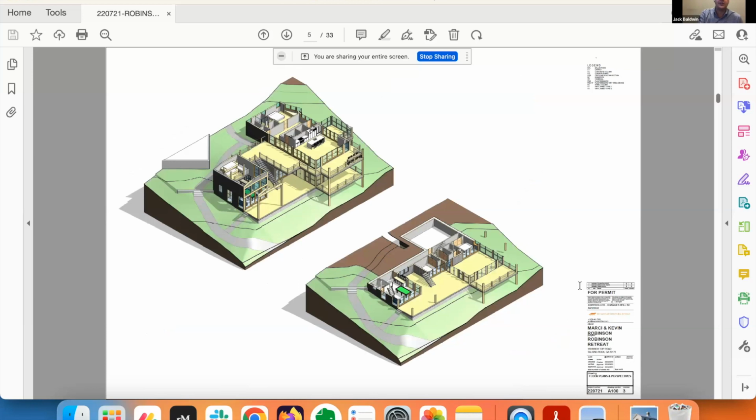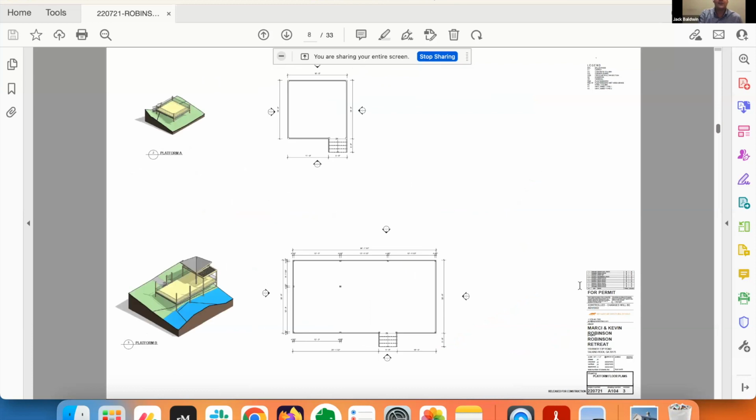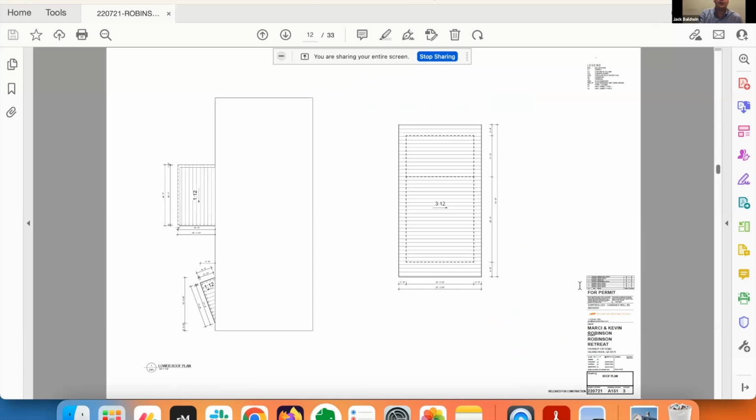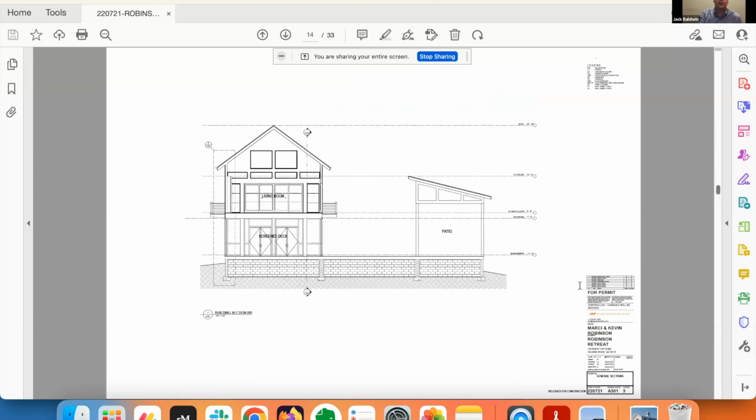These are building sections. We want to show what that home's going to look like. Floor 1, 2, and 3. The actual floor plans with all the dimensions for the builder. This is what you're going to take to the builder, and these dimensions are instructions for the builder to build it properly. Floor plans, building sections. These are roof plans. Roof plans are part of the structural set. So structurally engineered documents, more building sections,